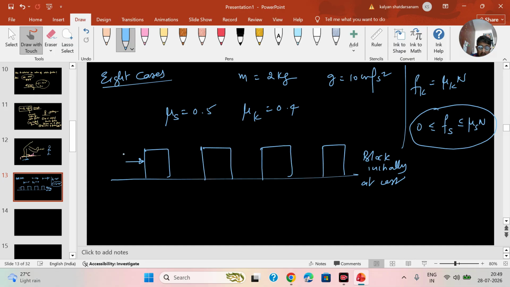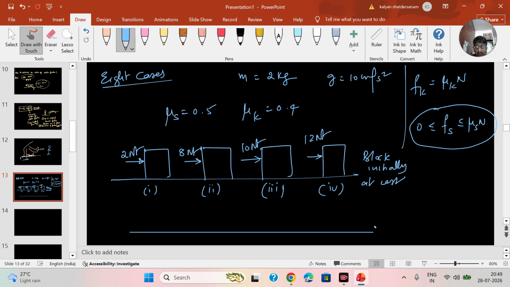In the first case, you are applying 2 Newton force. Second case, you are applying 8 Newton force. Third case, you are applying 10 Newton force. And fourth case, you are applying 12 Newton force. So, this is case 1, case 2, case 3, and case 4. Then I have another 4 cases here in the bottom where the same 2 kg block, same